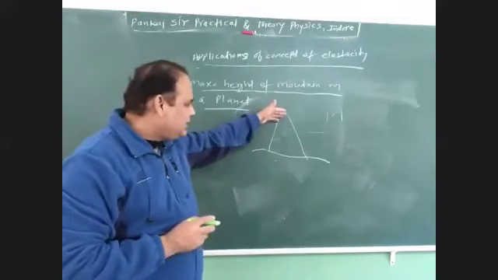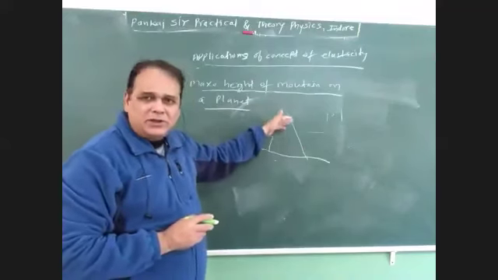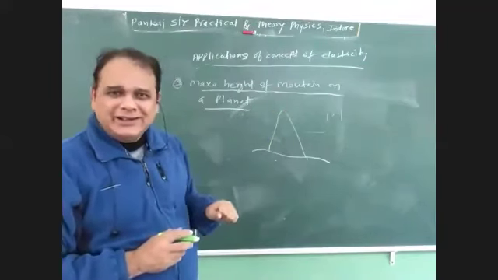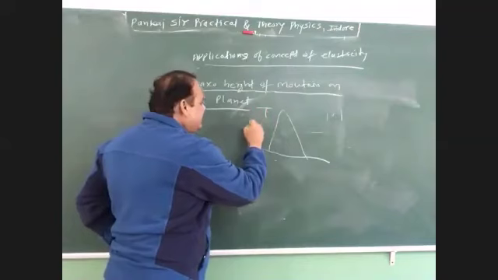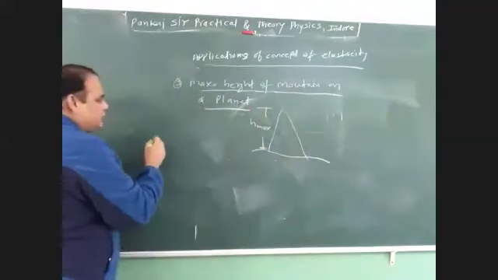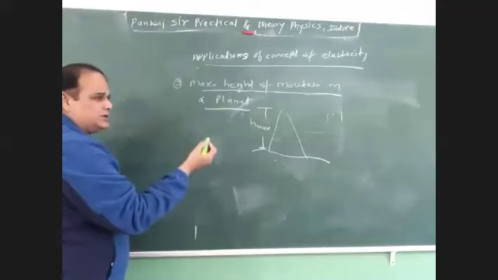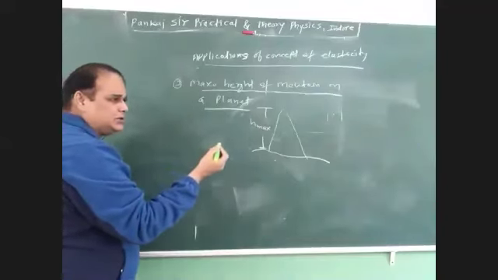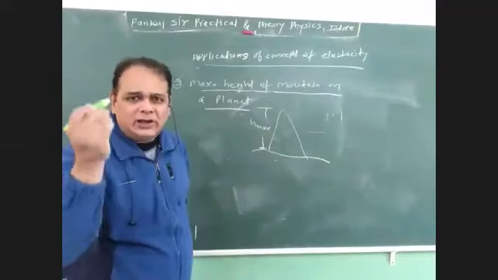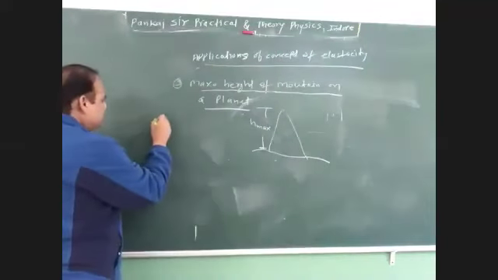And you know very well it exerts a pressure, and pressure is H rho g. Height, this is the height of the mountain, suppose H max. Okay. So the maximum pressure exerted should be less than or equal to the ultimate stress. So for